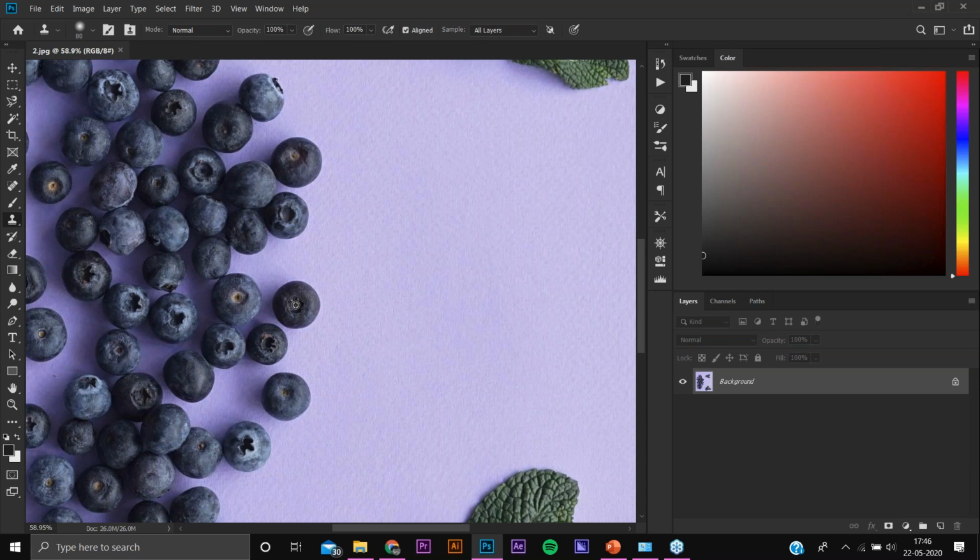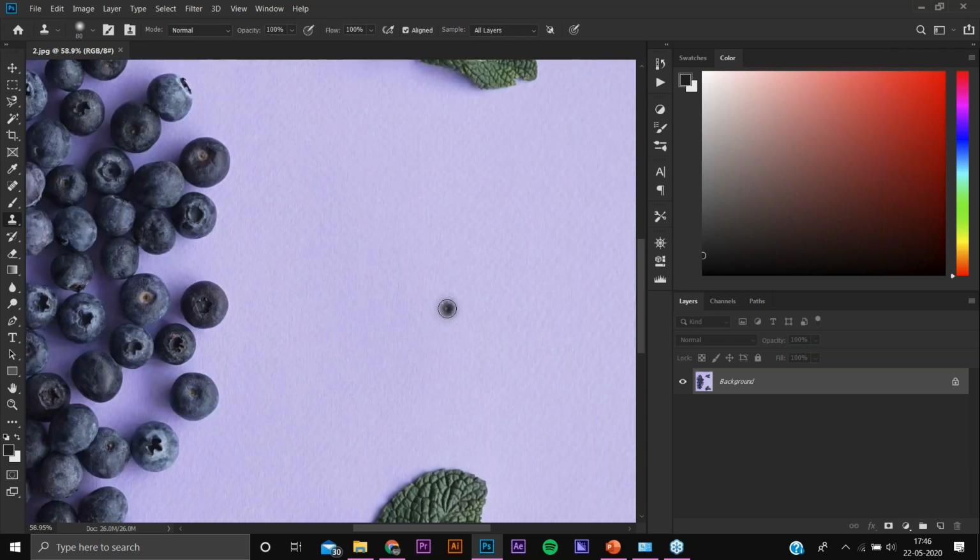We will be pressing Alt and left click of the mouse to select the area which we want to duplicate. If you have used it before, you will understand what is going to happen in this photo.